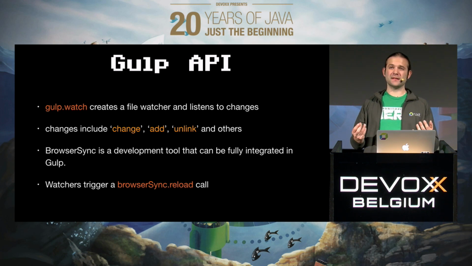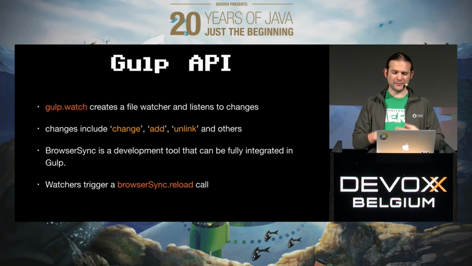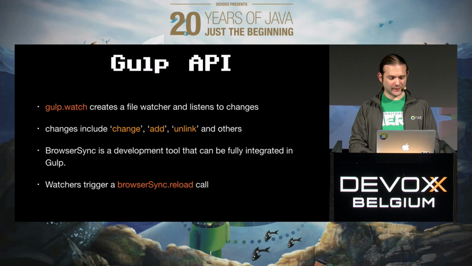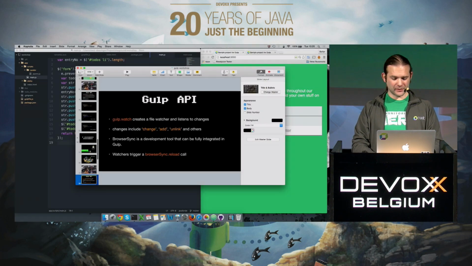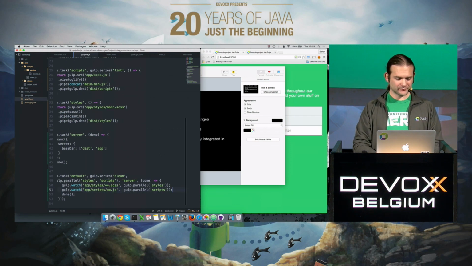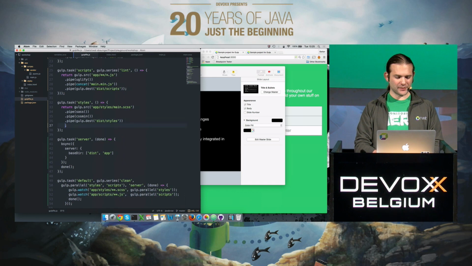So yeah, if you delete one file, the task also gets triggered. And with Browsersync, we have a development tool that can be fully integrated in Gulp. That's also the recommended way of using Browsersync. Maybe I'm going to show you another way of reloading stuff. If you don't want to have a watcher on all those files, what you can do is pipe Browsersync directly to your tasks